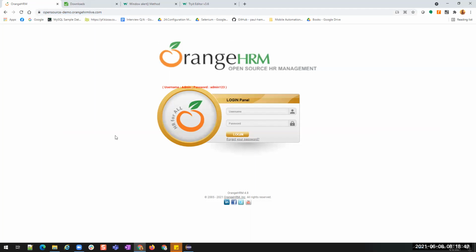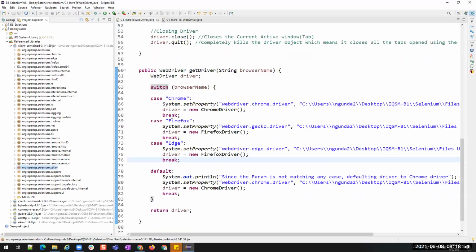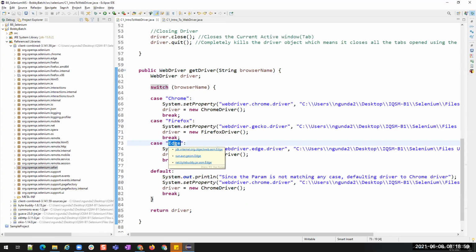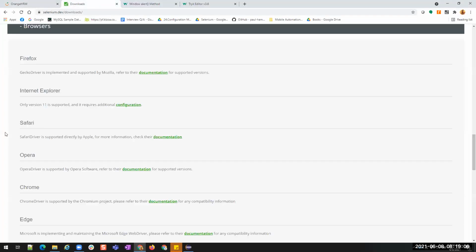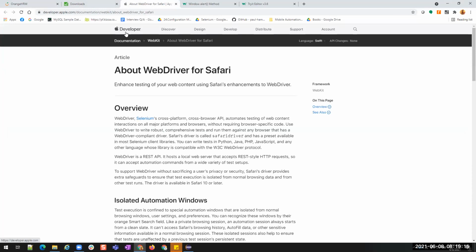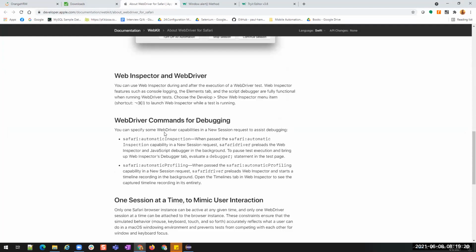Okay. All right. Now, since you asked a question, what happens is we are using Chrome, Firefox and Edge. What if we want other browsers like Safari, Opera? It's okay. For Safari and Opera, we have the support from Selenium. Okay, you have this Safari. I can go to this documentation site or Safari site where I can download the Safari driver, which is taking me to the Apple site. You see, Apple. And then here I can download this.